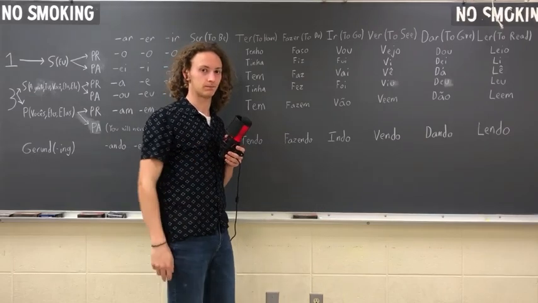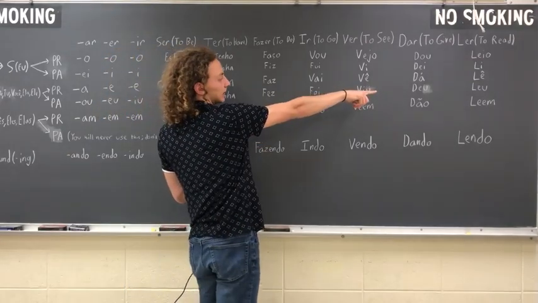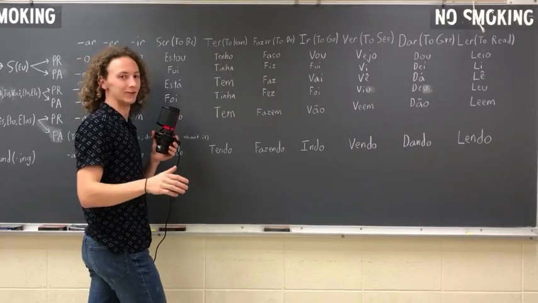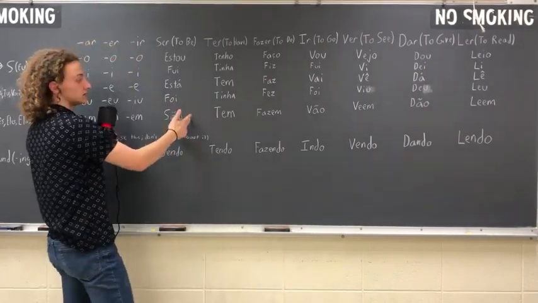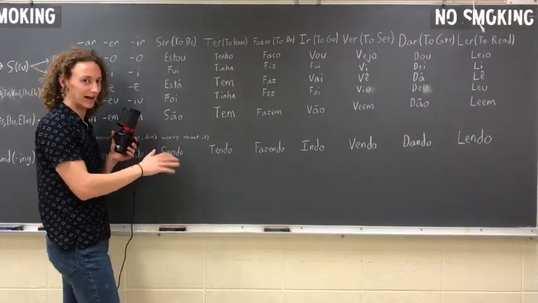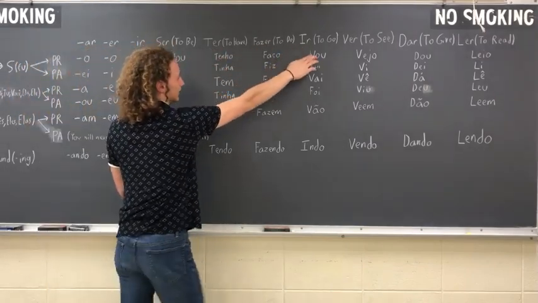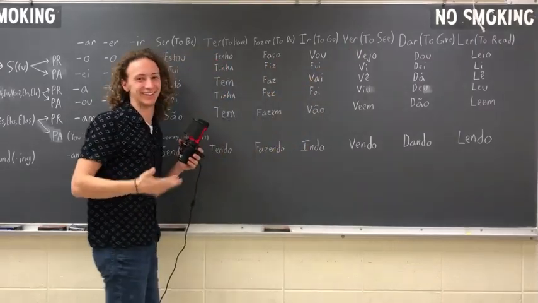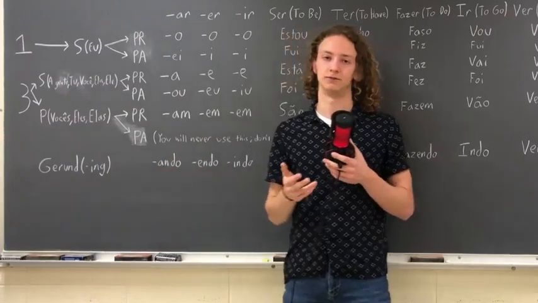He read. Now keep in mind, notice when I did this, I didn't put leu at the end of ler, otherwise that would have been like ler-leu. I just replaced the word entirely. So for any single one of these irregular verbs, just replace the word entirely. Do not add it to where the er, well, I guess for this one you can, but for the most part you can't. And lastly, we have gerunds, which are ing verbs in English.